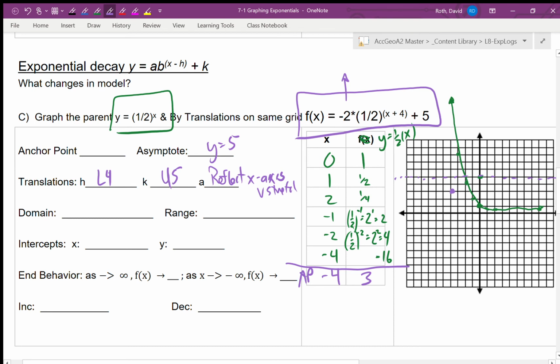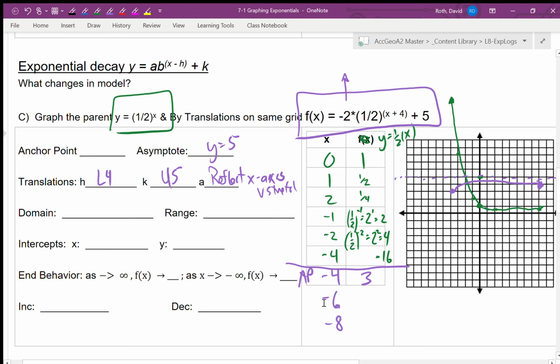And notice, I am still expecting this thing to go to the asymptote. Since it's decay, because it has a base less than 1, this 1/2 is less than 1, it should go to the asymptote on the right side, not the left side like Roth did. So I should be able to say the graph's going to go here. I don't need to pick any other points that are to the right of negative 4. I want to go more negative. I don't know, let's say negative 6 and negative 8 just for the heck of it.